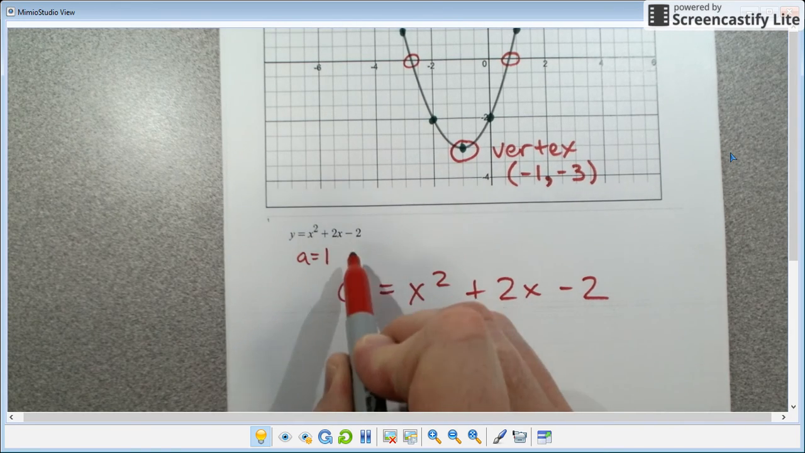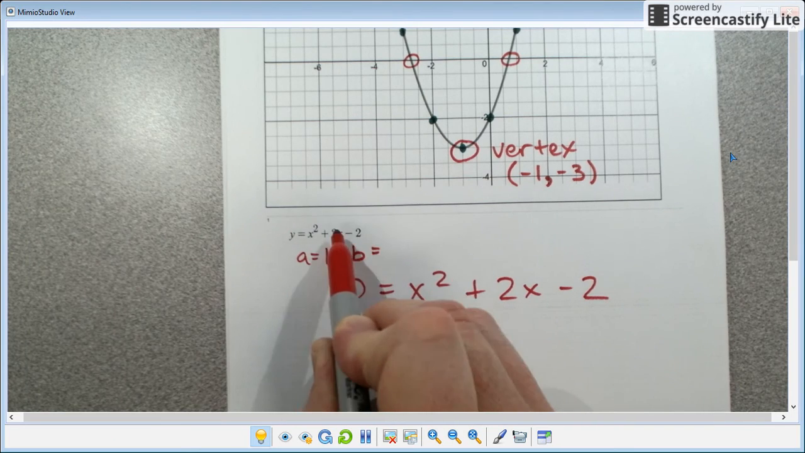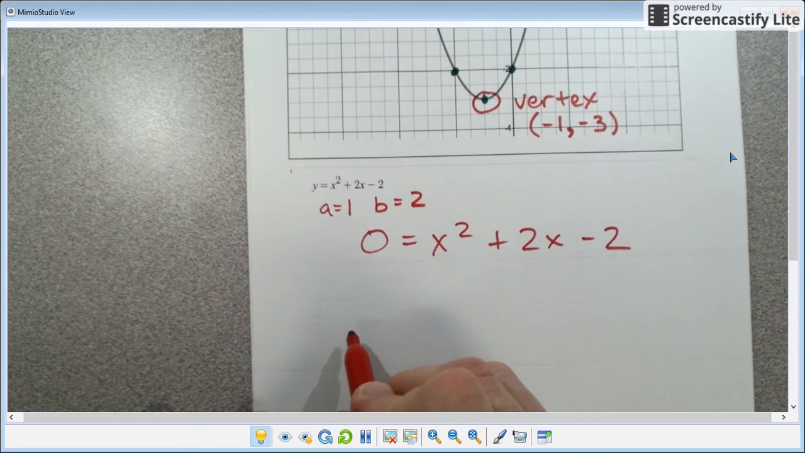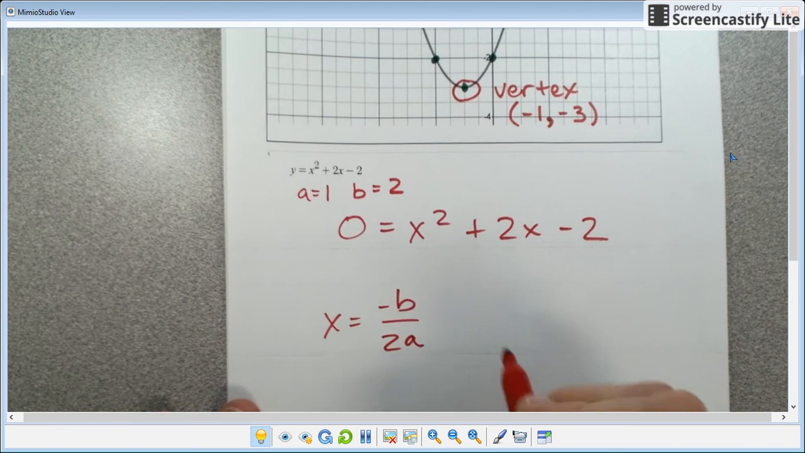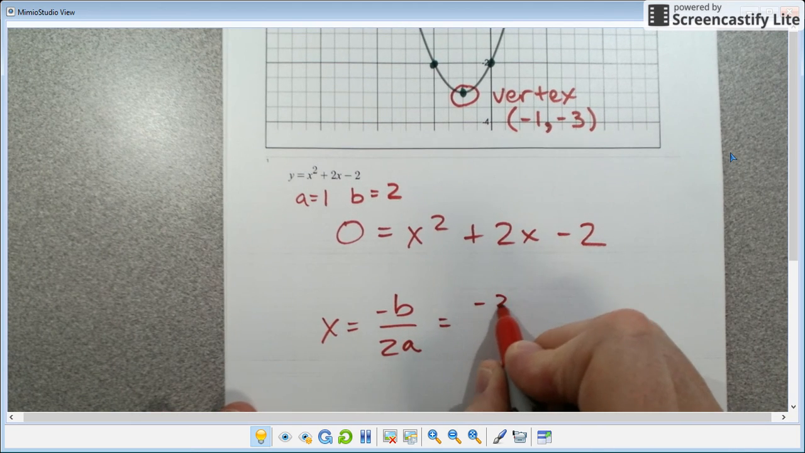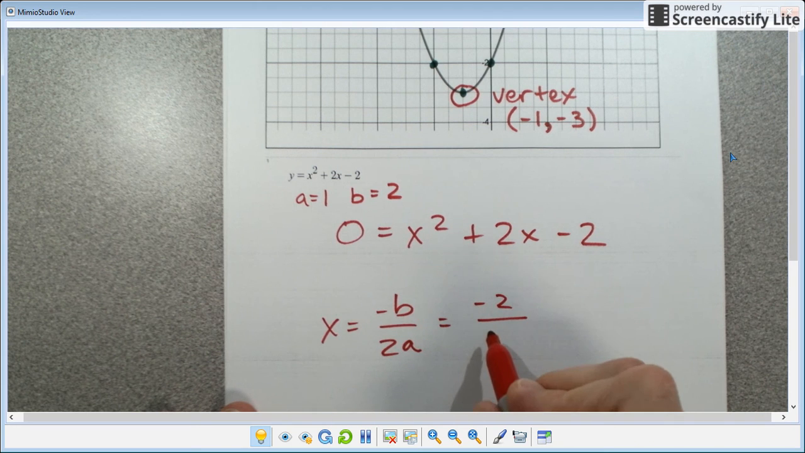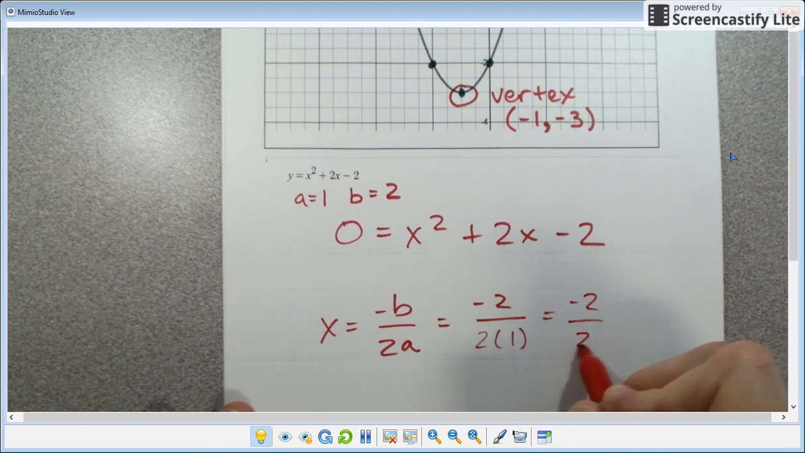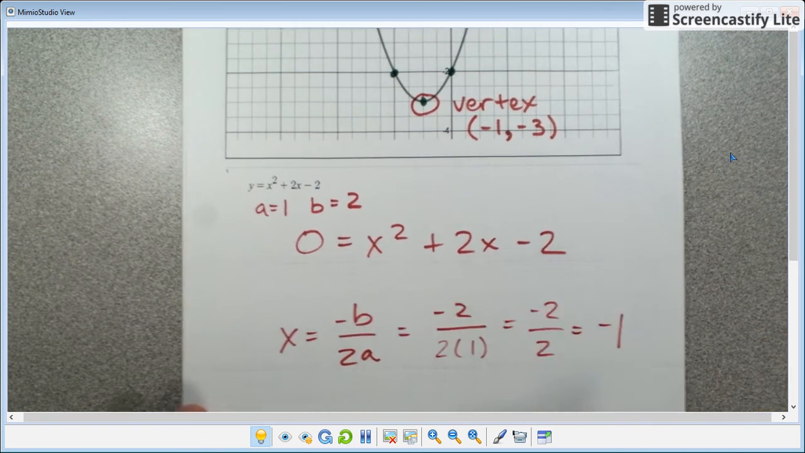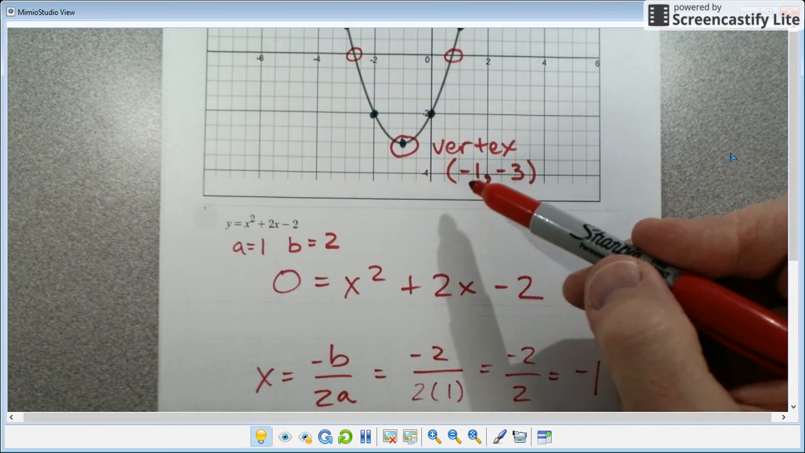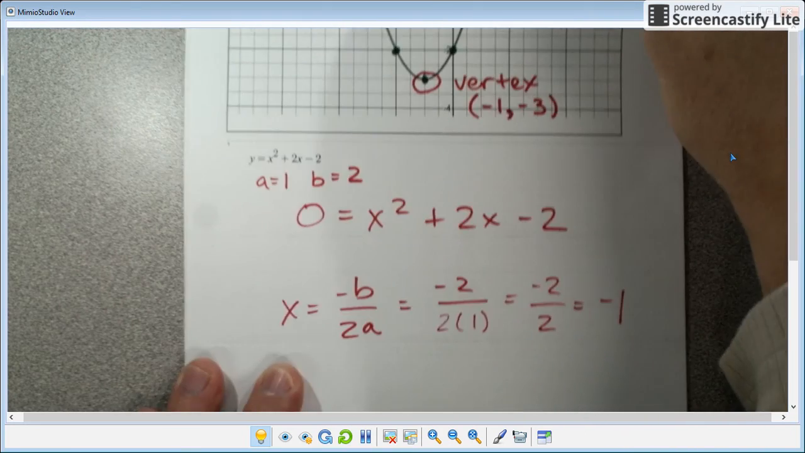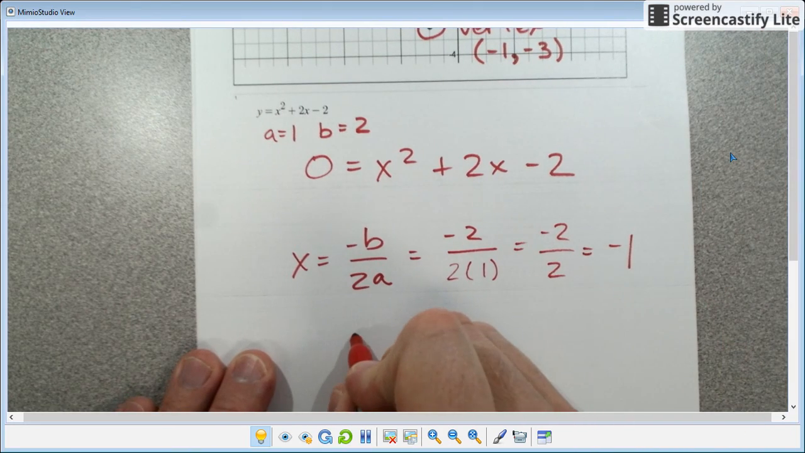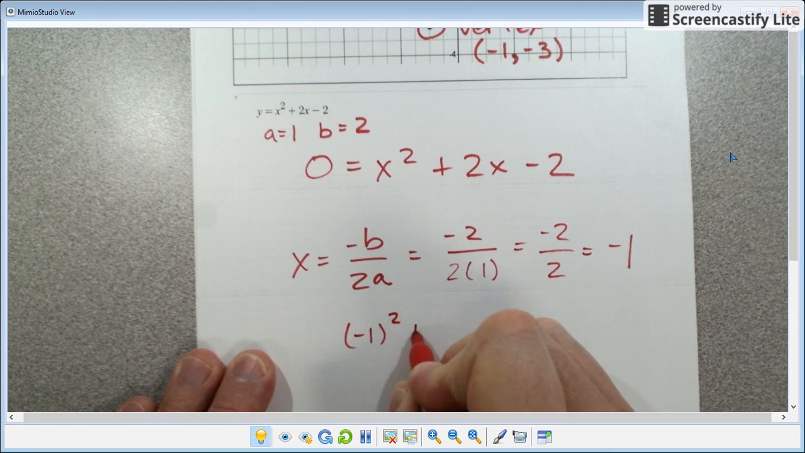If we look back at our graph here, a would be our term for our x squared, so that's 1. B is our term for our x, so that's 2. And if we say x equals negative b over 2a, we would have negative 2 over 2 times 1. So negative 2 over 2, which would be equal to negative 1. And if we look up here at our vertex, our x point is negative 1. If we put that negative 1 into our equation, then we'd have negative 1 squared plus